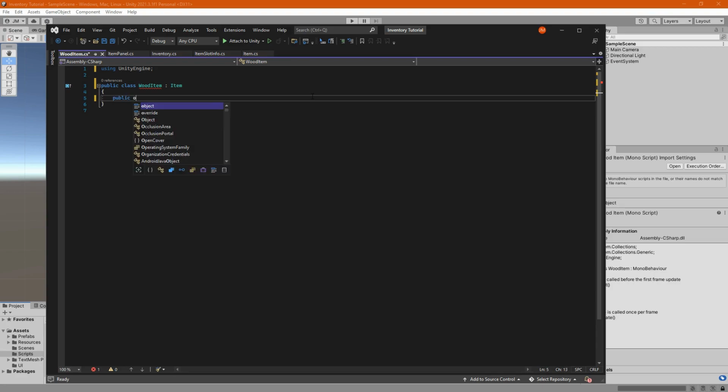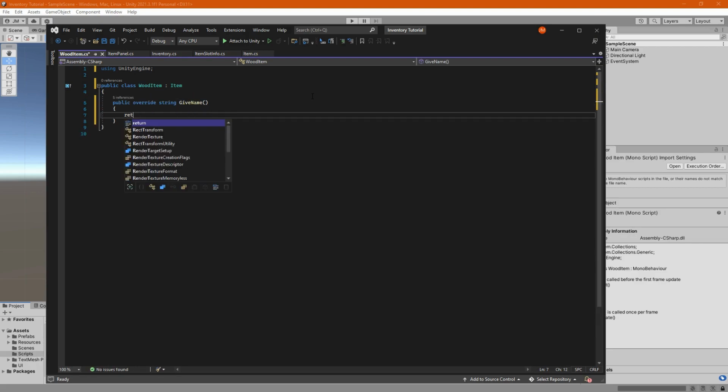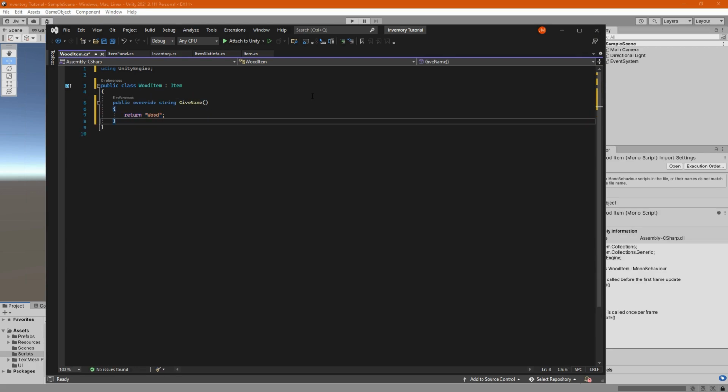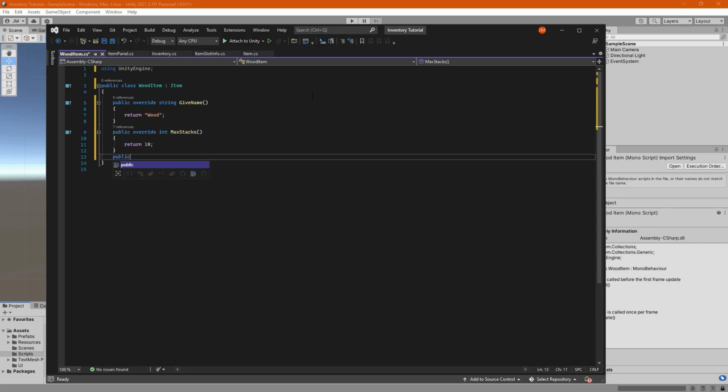Let's put public override string giveName, and then in the body let's return wood. Let's also change the max stacks. Let's put public override int maxStacks, and then let's return something like 10. And then let's override our giveItemImage, so let's put public override Sprite giveItemImage, and change the return to return Resources.Load